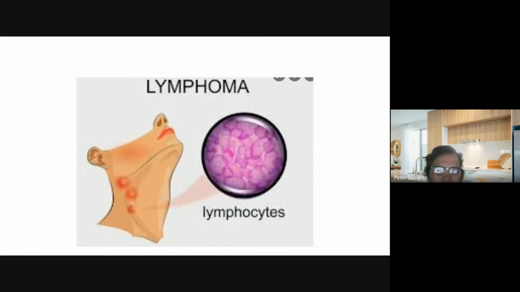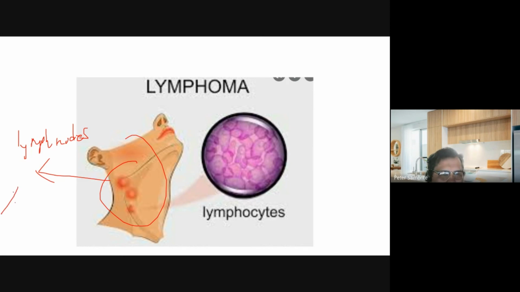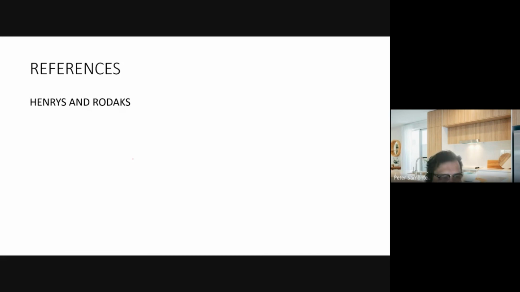So this is your lymphocytes, your lymphoma. You would have abnormal proliferation in the lymph nodes. And when there is abnormal proliferation in the lymph nodes, class, there would be abnormal filtration. Remember, the purpose of the lymph nodes is for filtration, right? So that ends our